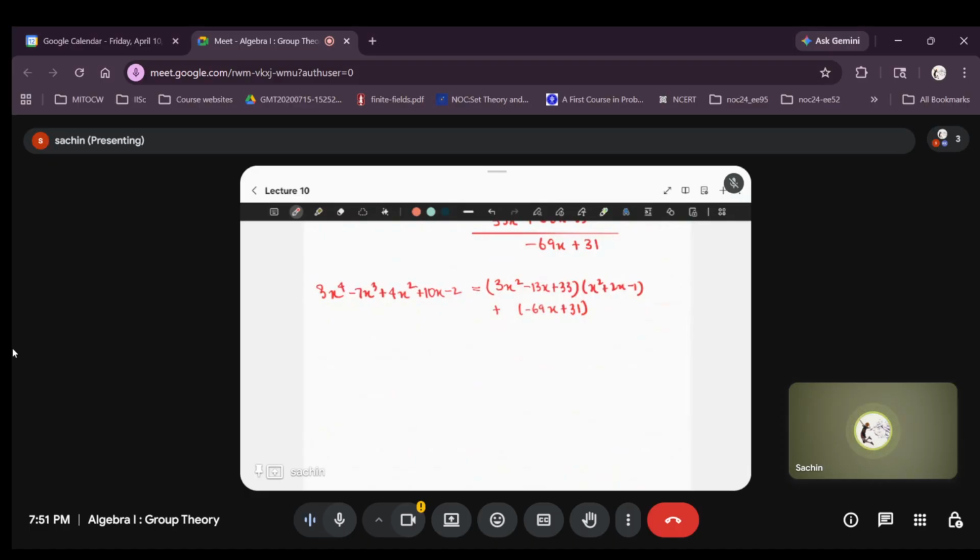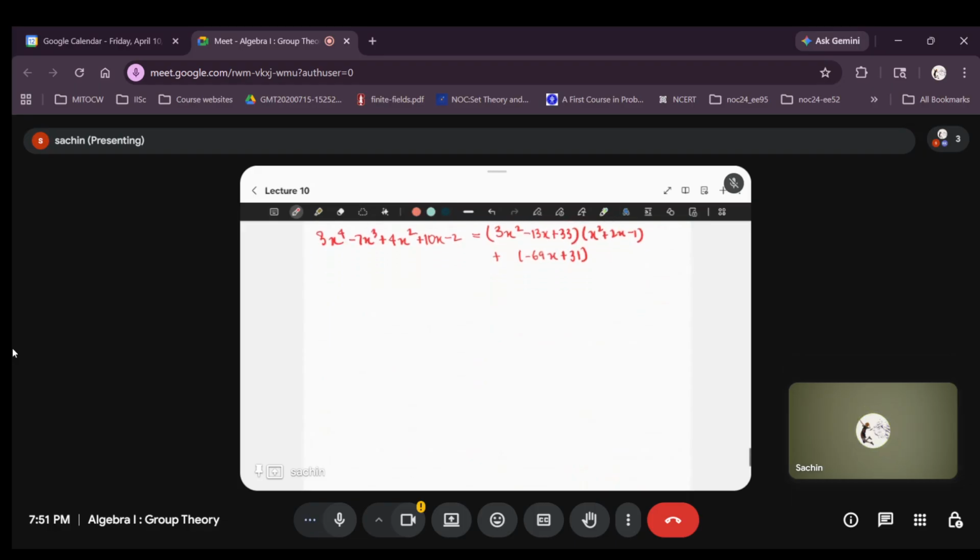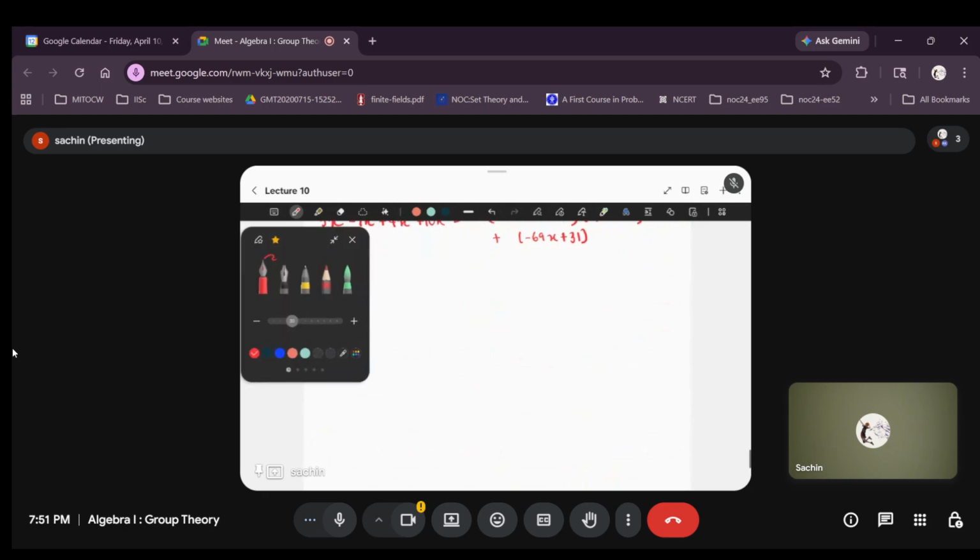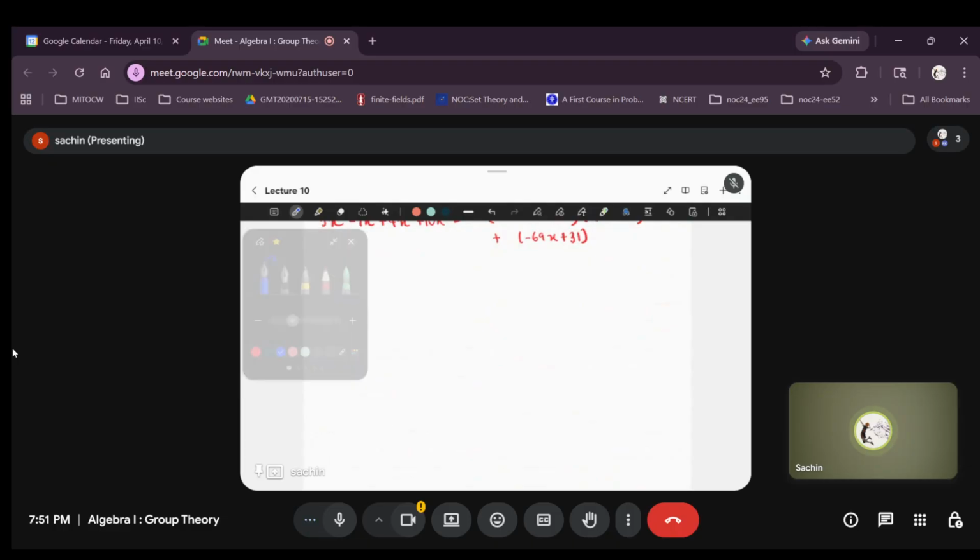Okay. One important property of this division. Let g of x be a polynomial in R of x for any ring R. Let alpha be an element of the ring. Then